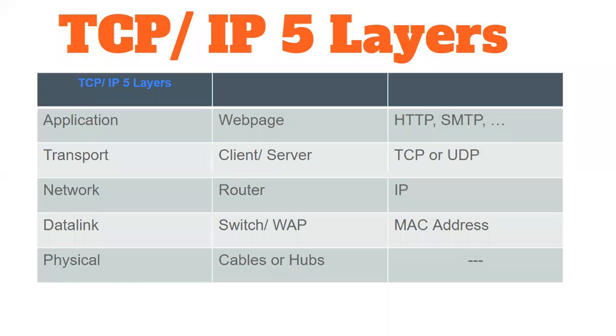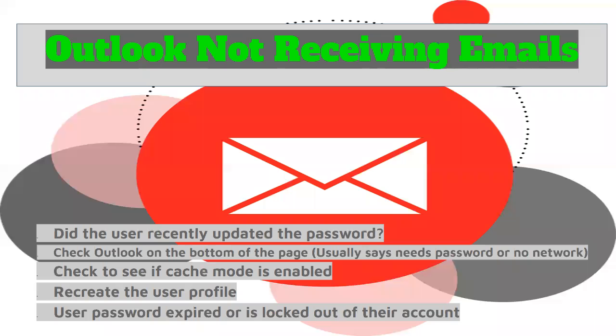As a Tier 1 IT support, we always keep in mind the TCP/IP five layers, which are physical, data link, network, transport, and application. We should follow them step by step. And so, as you can see here,